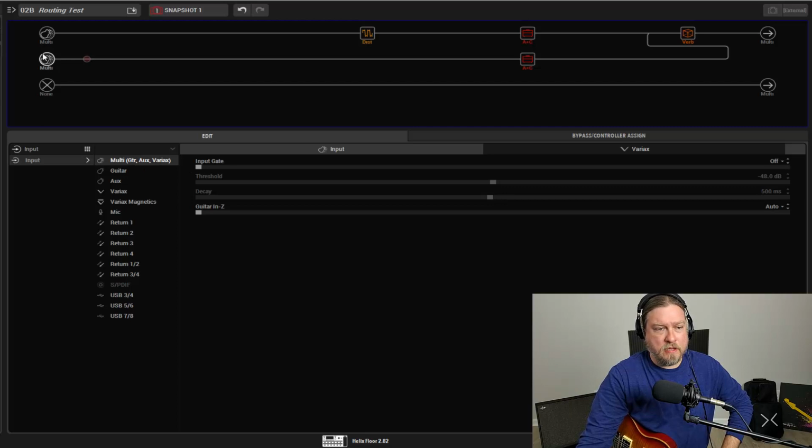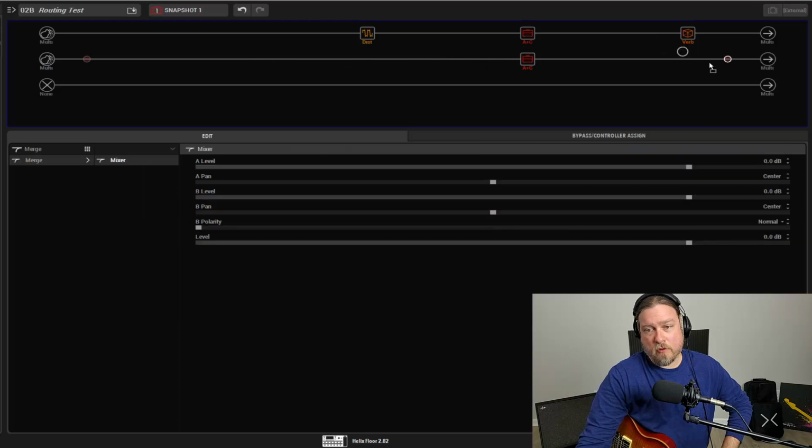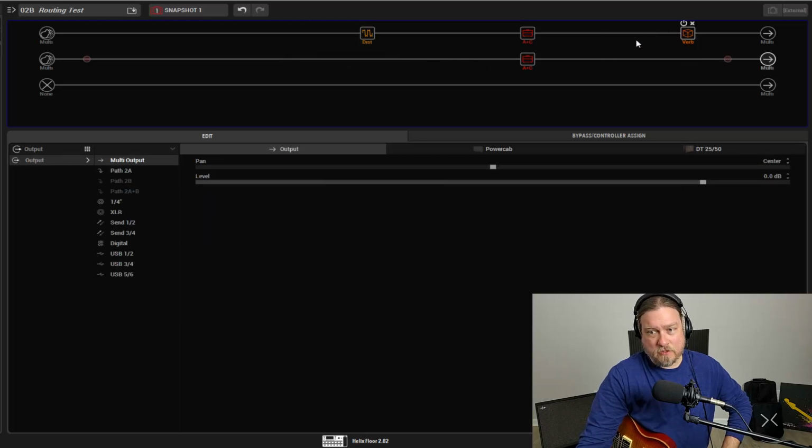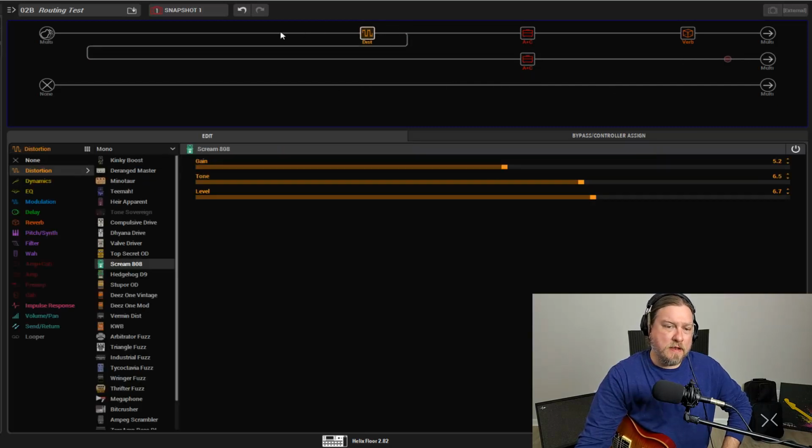It's still looking at all the inputs, but right now it is just going this way. And if you didn't want the reverb, if we did it this way, where it's two completely discrete paths, you've got drive and reverb on the top, you've got just straight amp sound and nothing else on the bottom. I find in more instances, I like to have the pre-effects going into both amps. Not always, but in a lot of instances,